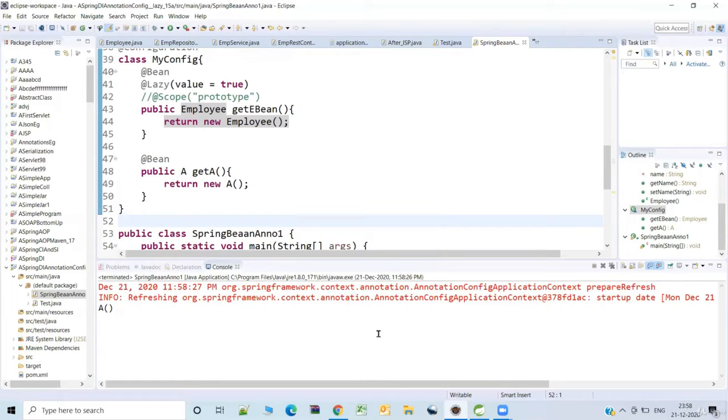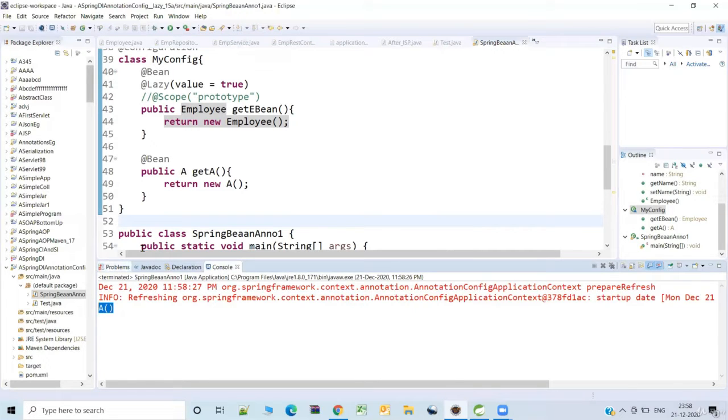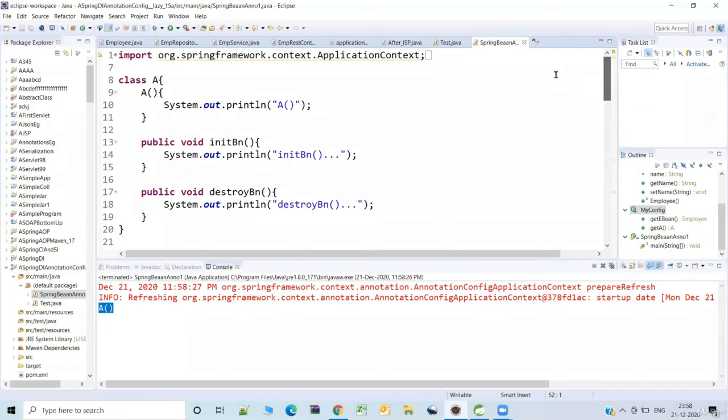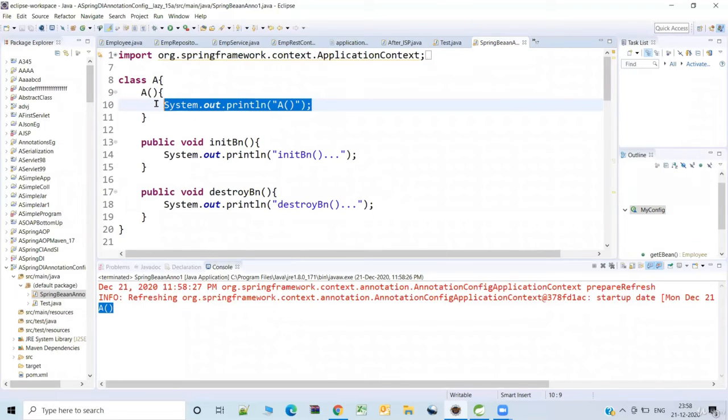Yes, as we expect, the constructor of A gets invoked even though we are not requesting it. Clear?